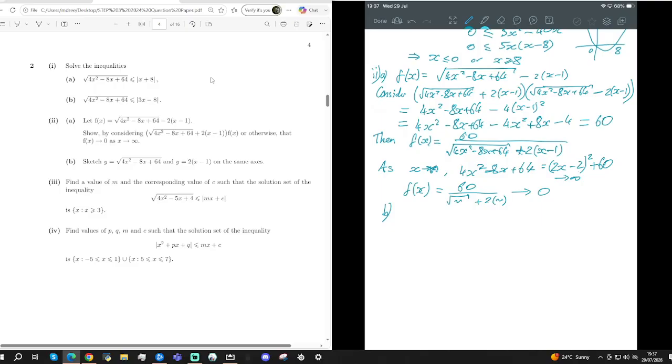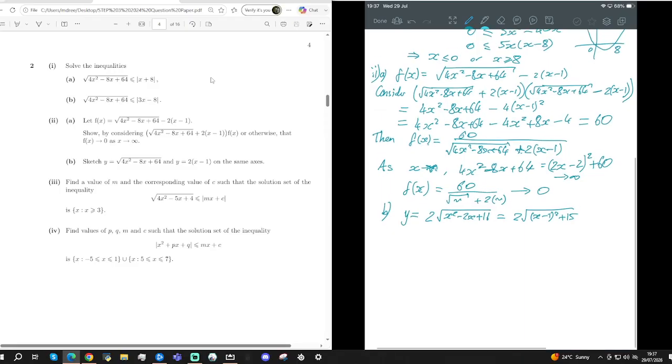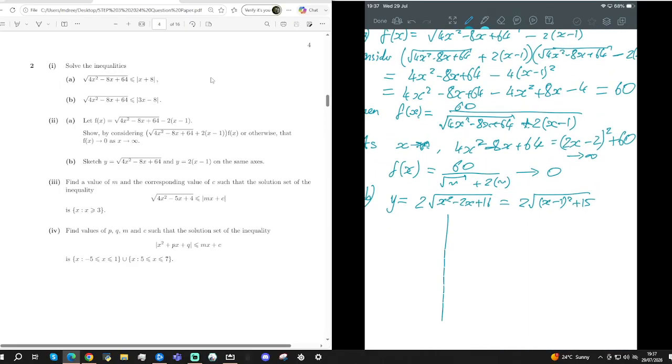Okay, so it did actually require us to sketch this curve. So I'm going to write y, and I'm going to write it in a slightly better way this time. I'm going to factor out the 4, so that's minus 2x plus 16, and then complete the square, so this is x minus 1 squared plus 15. And now I can think more clearly about what that is as a sketch, as a function. The normal root x curve is a kind of quadratic on its side. But if we look at what we've done here, this is translated by a vector of 1. It's not even 15 even, because that's even more awkward because it's underneath the square root. But it's going to be this kind of shape,